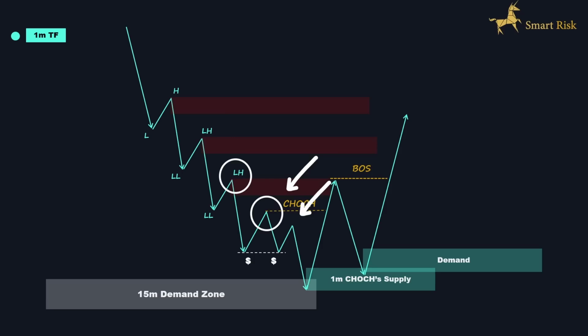To achieve this, the price needs to break the recent structure to the upside and pass through this 1-minute supply zone, creating a newly generated supply zone. In this case, I wouldn't recommend placing any limit order at this newly generated demand zone due to potential risk. There's still a high probability that the price could use this demand zone as an inducement to generate more liquidity. Therefore, it's advisable to wait for the price to form liquidity zones and sweep them before tapping into our newly